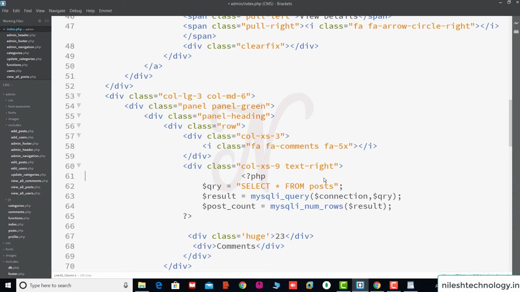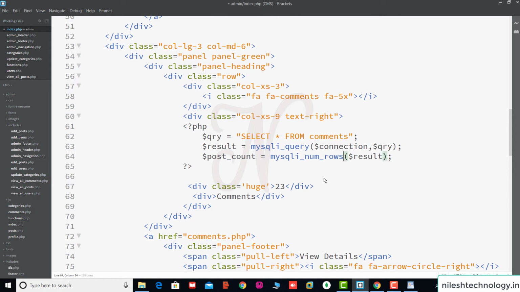We paste this code here again and change the query to select star from comments. The variable name is comment count. Here again, PHP echo comment count, so we print the comment count here.